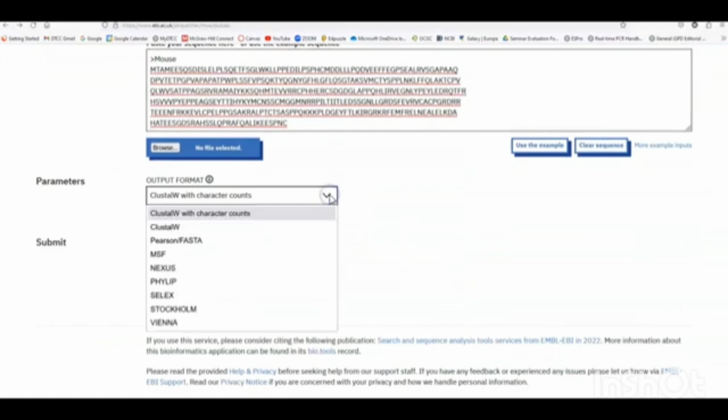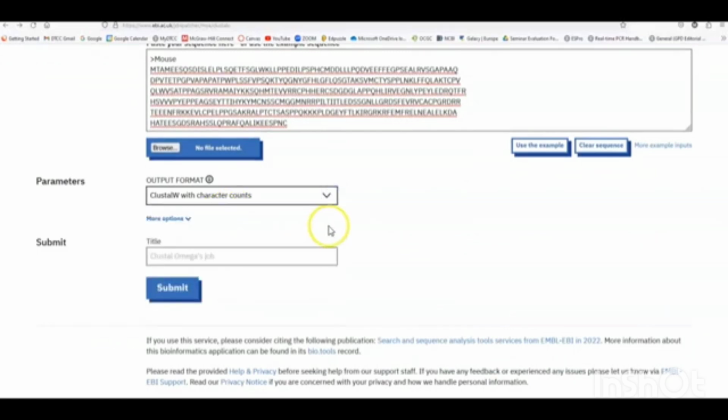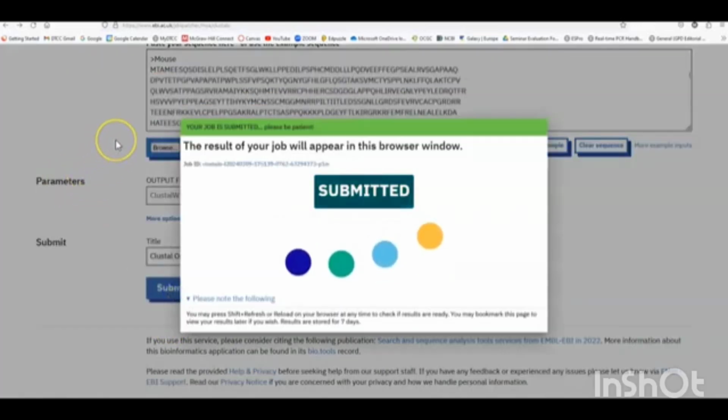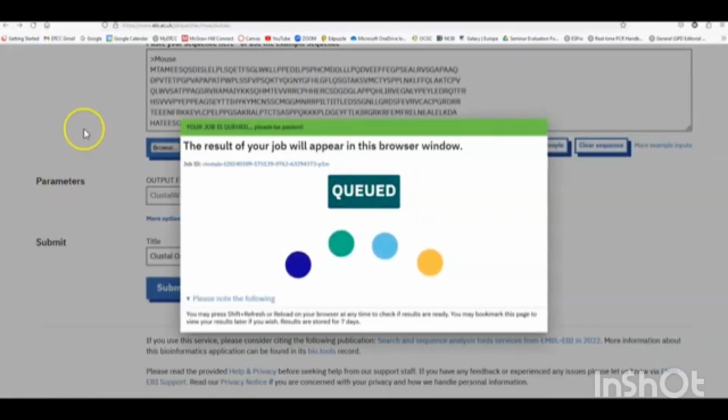You can choose the parameters required. I am using Clustal W with all the character counts, and I am just submitting for the results. So in this case we generally see that it takes time for the multiple sequence alignment depending upon the sequences